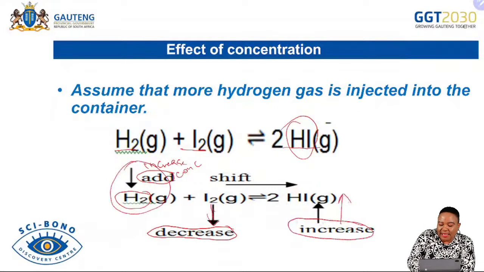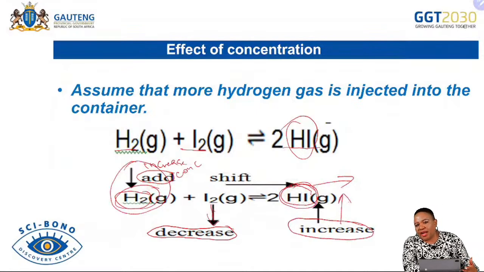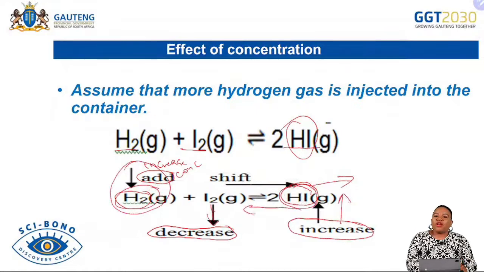But when you decrease the concentration of a product, you will still favor what? The forward reaction, because the system will oppose the disturbance by favoring the side that will do what? That will reinstate a new equilibrium. So the increase in concentration of the reactant or the decrease in the concentration of a product will both favor the forward reaction. However, if you decrease the concentration of the reactant, the reverse reaction will be favored. And if you increase the concentration of the product, you are expecting your reverse reaction to be